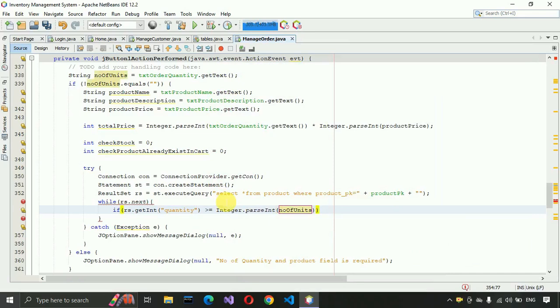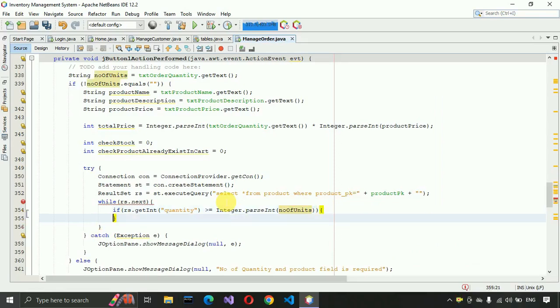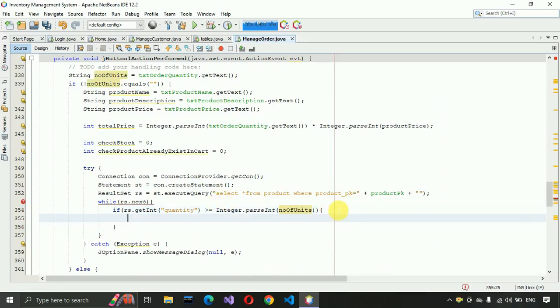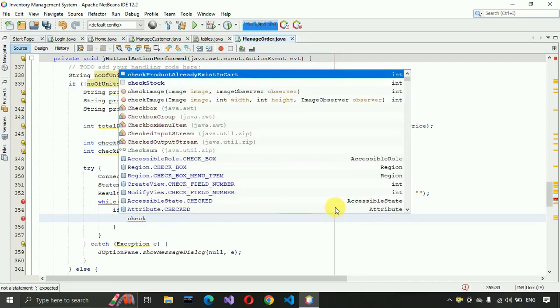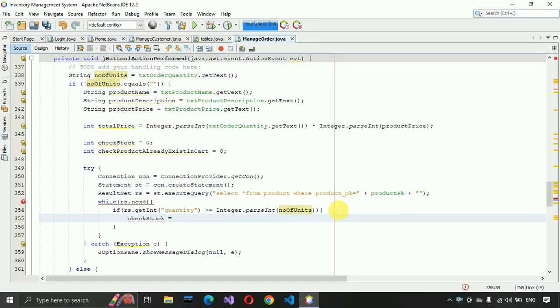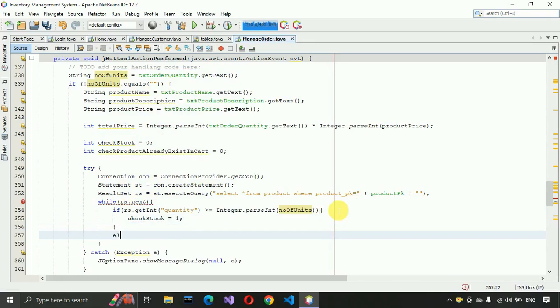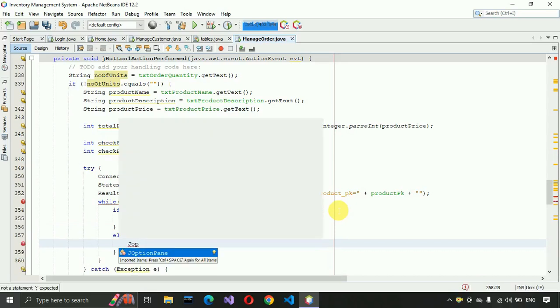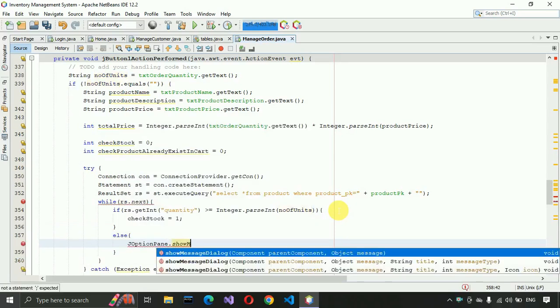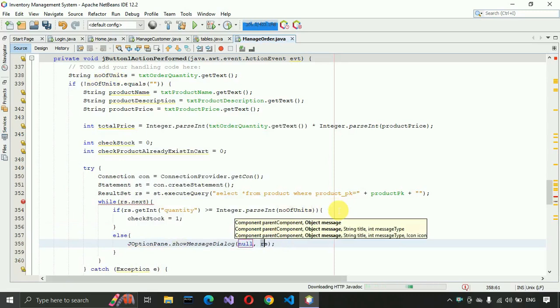Okay, so if the quantity is less than this one, and whatever the stock we have, in that case we are going to allow it. So I'm going to write checkStock, this variable we have created, right? checkStock was there. Then we are going to set the value 1, else, in the else condition we have to display the message, JOptionPane.showMessageDialog, and here we write null. And inside this one we write "Product is out of stock,"